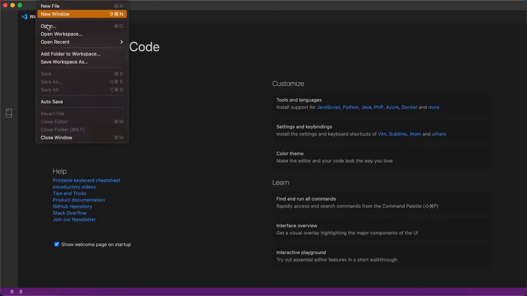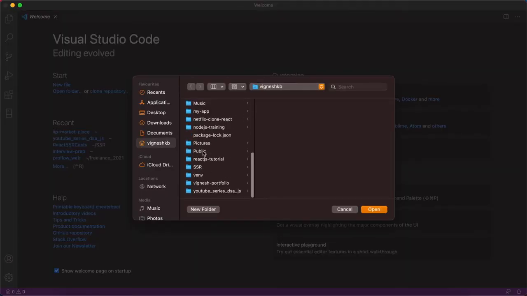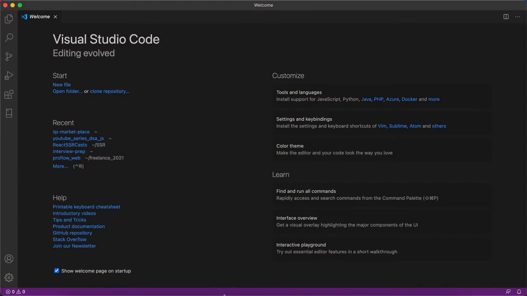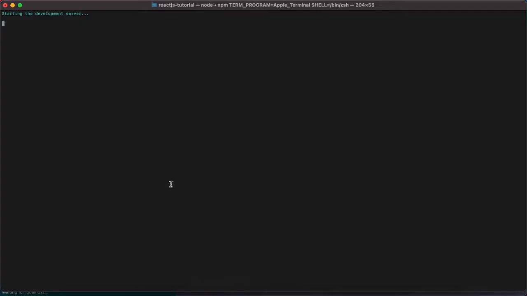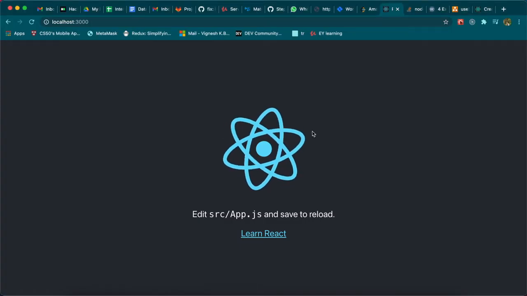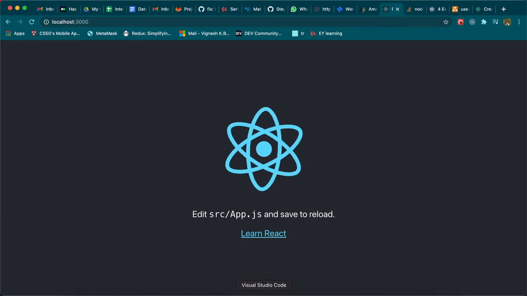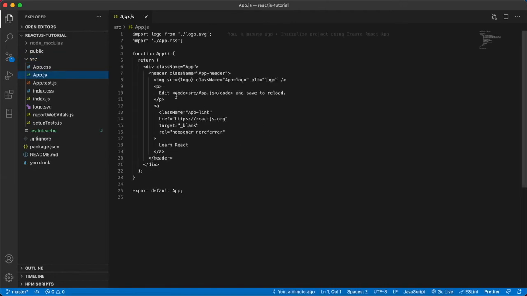This will spin up the project and serve it on localhost:3000. By default it is 3000, and you can also modify the port in the npm start command. Right now this is showing my old project, and you will be able to see the new boilerplate template in the Chrome browser. It will take some time to build the project and serve it on port 3000. Yeah, you can see the basic template that has shown up here. This is the basic template that Create React App provides.